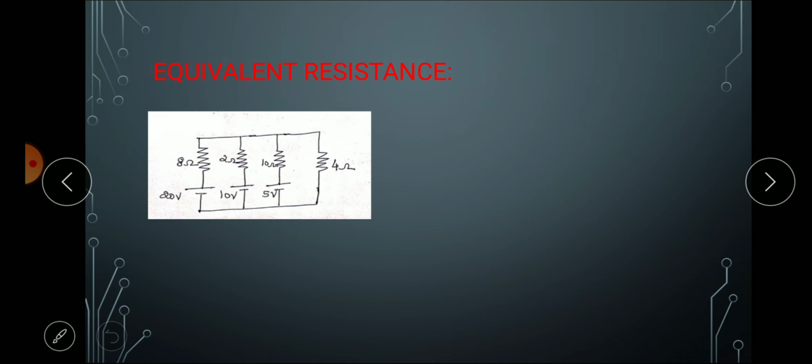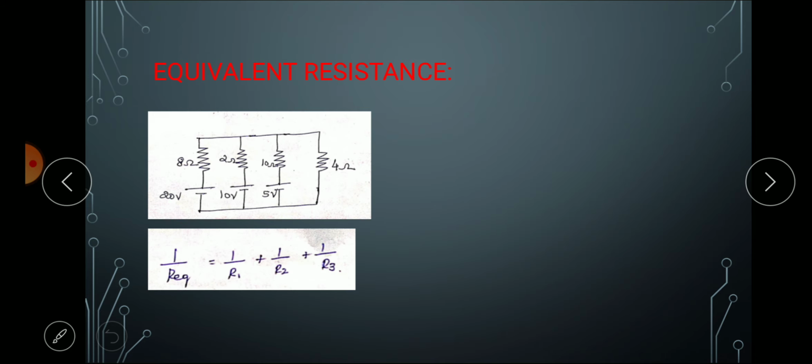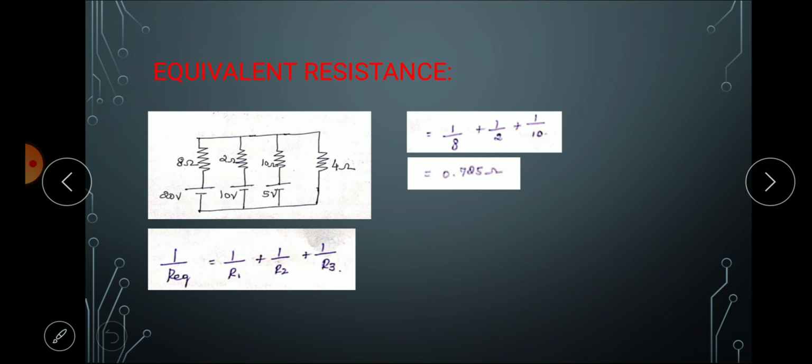E equivalent is the equivalent EMF of the parallel connected sources. R equivalent is the equivalent internal resistance. Now by Millman's theorem, R equivalent is equal to 1 divided by (1 by R1 plus 1 by R2 plus 1 by R3), that is, 1 by R equivalent is equal to 1 by R1 plus 1 by R2 plus 1 by R3. R1 is 8 ohm, R2 is 2 ohm, R3 is 10 ohm. We substitute the values and we get the answer